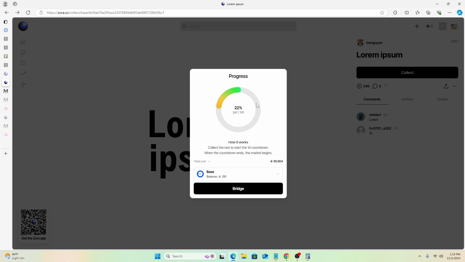If I wanted to complete this mint, I would just buy the entire remainder of it, and then a market will ensue on Dex Screener. Now, in the course of buying, I can use